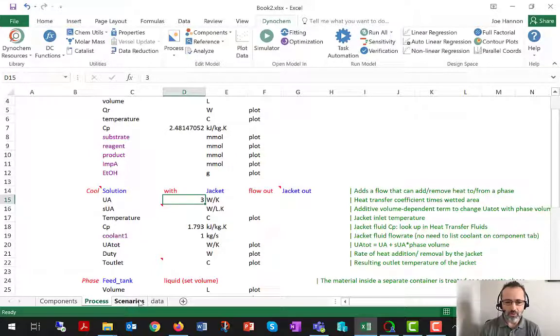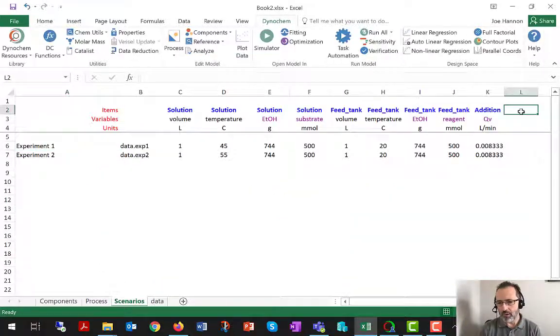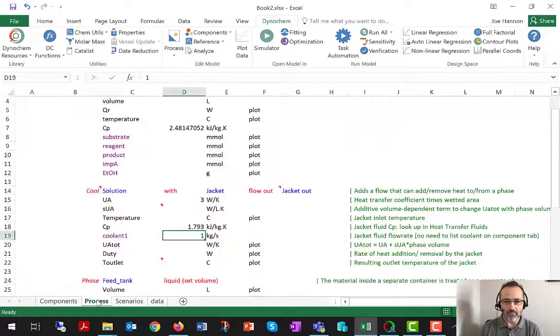So I'm just going to do that. I'm going to do the same with the coolant flow rate, and you probably could have a pretty good go at this yourself by now, but I'm going to just do it slowly. I hope you can see the logic in what I'm doing. I'm going to just put a 3 for each of these two values,